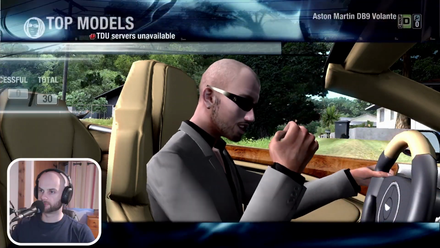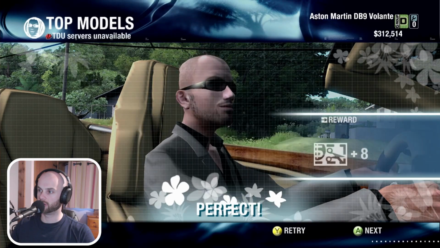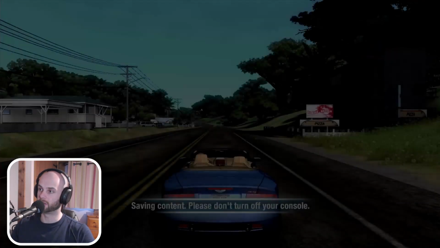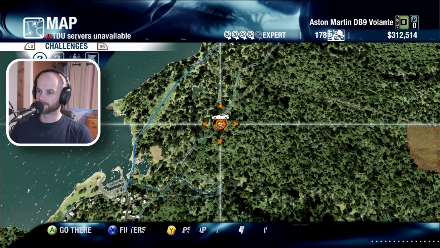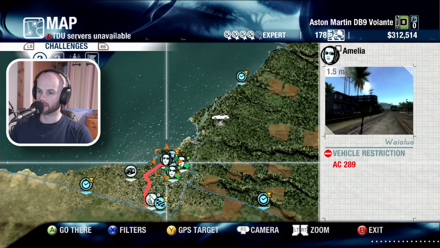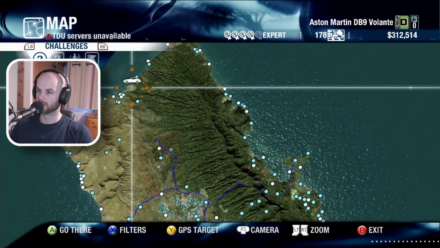Right, so that's good. That one's ticked off. So up to 20, 2/3. I'm pretty sure that's the event type we've done the most of, because they're so short, but they do have the most restrictions on them, to be fair. Right, so that's that one ticked off. That one needs an AC289. I do need the Alfa Romeo to do this for 6.6 miles. But,